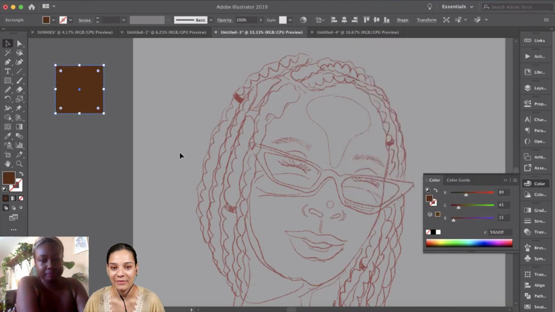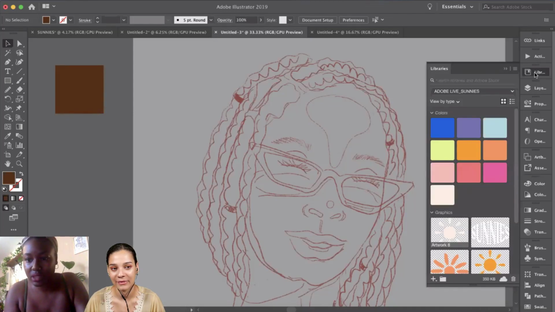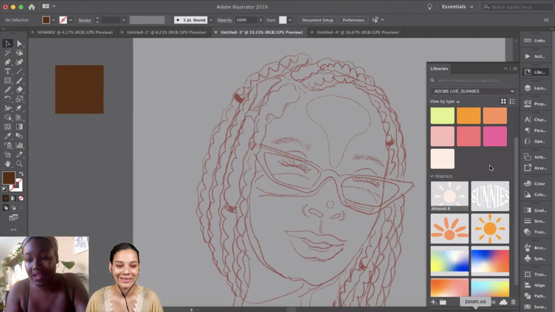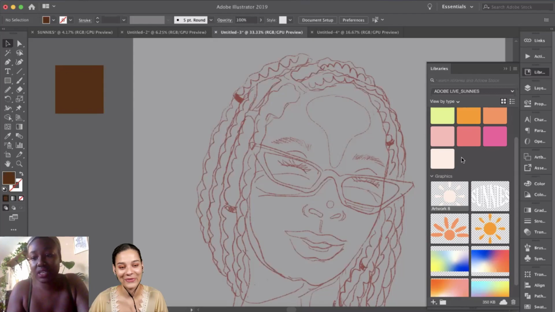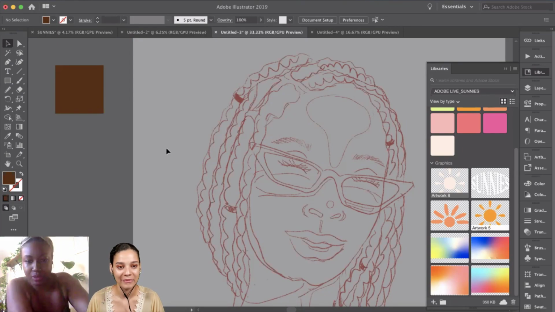All right, let's try it here. And then for this, we also have the brand color. So we have our CC Libraries up. I love CC Libraries. It's so organized and it keeps all of my assets in one place. So I really can color drop and pull anything that I need. And I love it because the vector stays within size. I just love it. It's my absolute favorite.